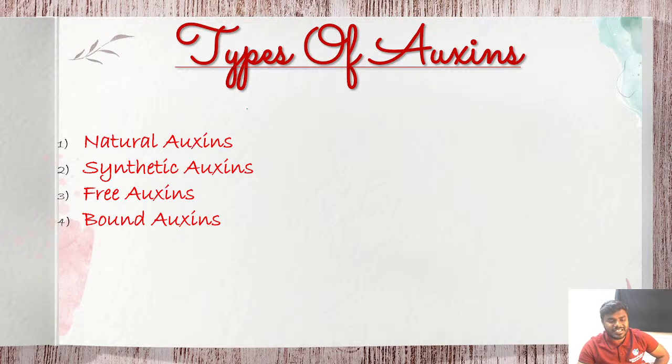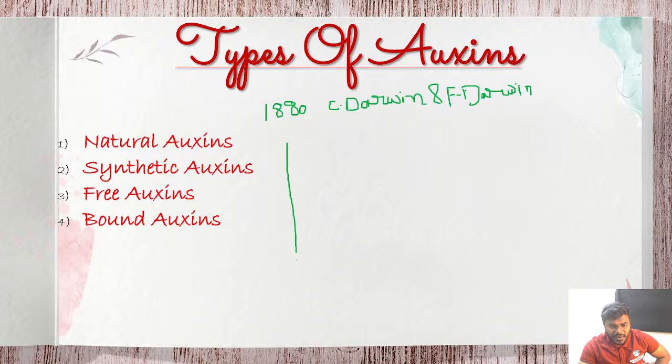See friends, just listen to me carefully. In the year 1880, two intelligent scientists, I will explain point by point, pay attention. In the year 1880, the leading scientist Charles Darwin and his son Francis Darwin started doing experiments